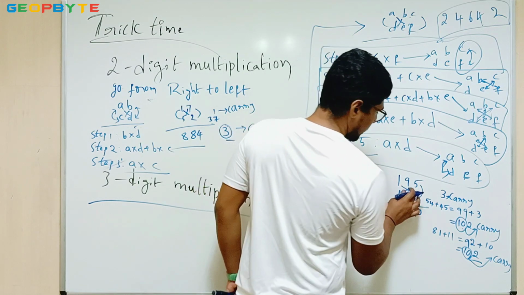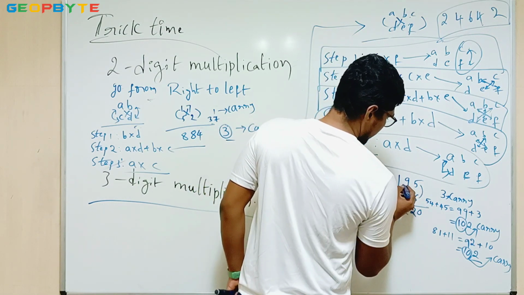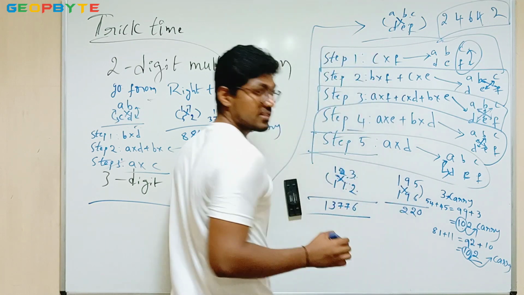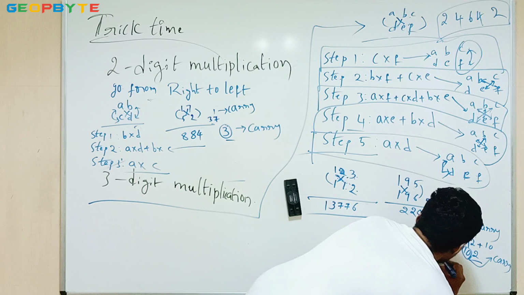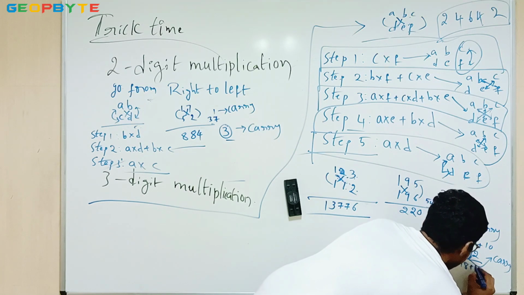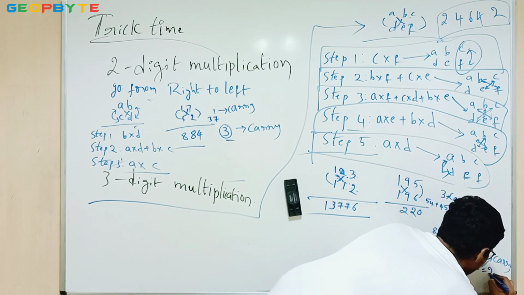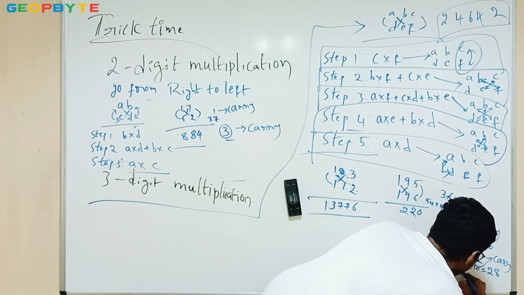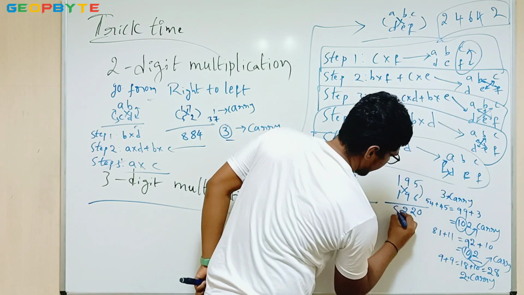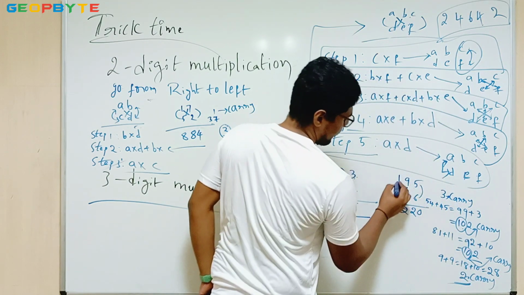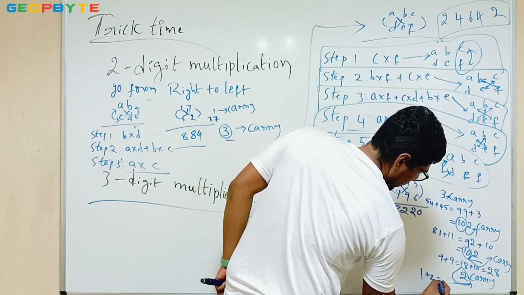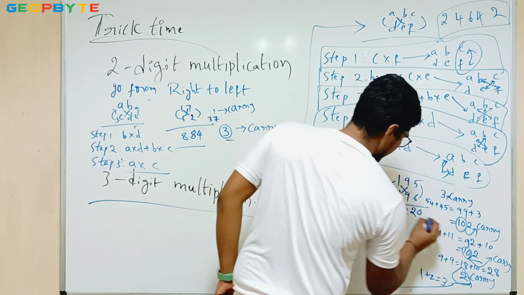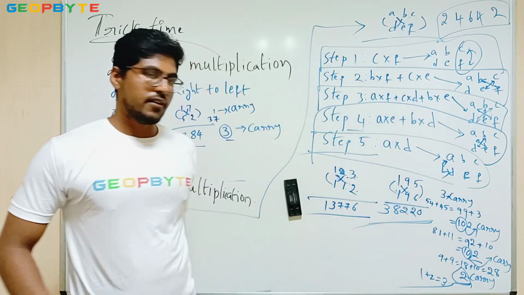So after that I have to multiply these 4. So 9 plus 9 is 18. 18 plus 10 equal to 28. And then 8 I have to write here. So 2 is carry. And 1 plus 2 carry, so 1 plus 2 equal to 3, and my answer would be 3. See this. 38220 is my answer.